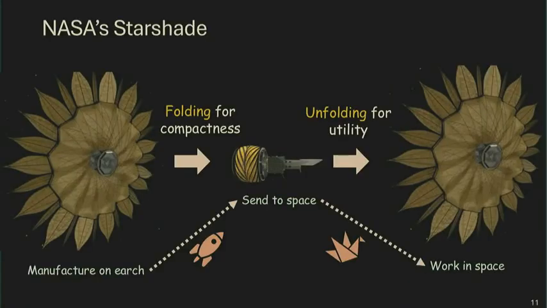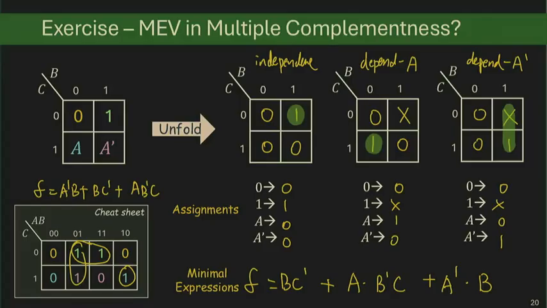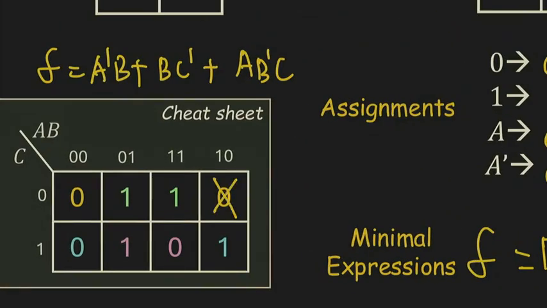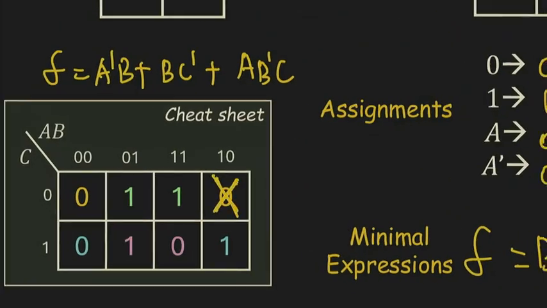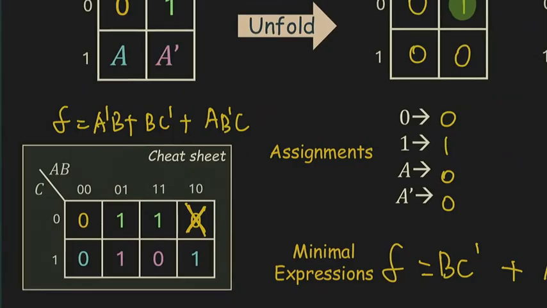Essentially, again, we fold up a function for compact representation, and then we unfold it to get full utility. And in many of these scenarios, we get to not only a correct expression, but also a minimum expression. In the workbook, you're going to try out some more complicated examples. For example, in this K-map, suppose I have a variable x over here, in the 3 variable K-map. And if I try to fold it across the middle line,